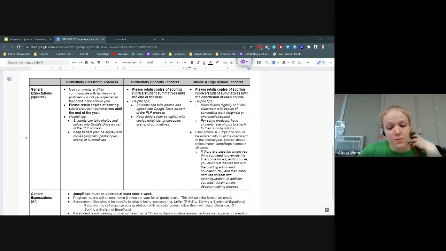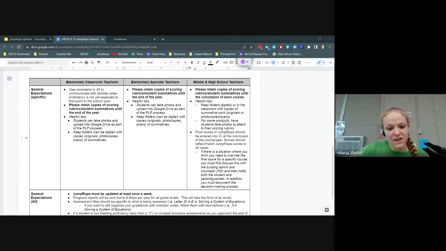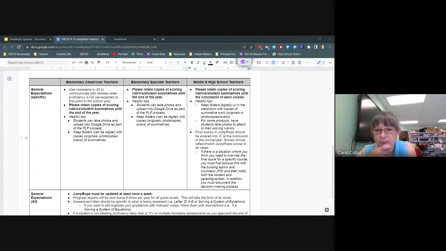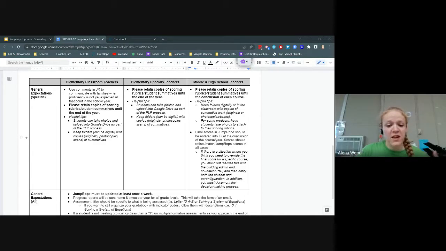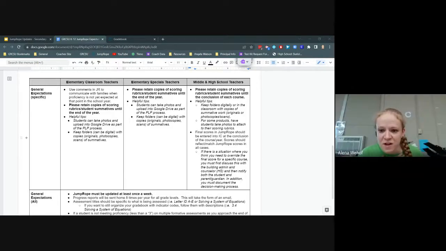Yeah, and you don't have to keep stuff for all of the formatives. It's just for the summatives. And even then, something like that would be fine. So like if they had to play something for you and you were assessing it using a rubric, keeping a copy of that rubric for yourself, just so that at some later time, if it comes back up, you can refer back to that if needed. All right. That's what I thought. Thank you. Yep. And then I see there's a couple chat questions.